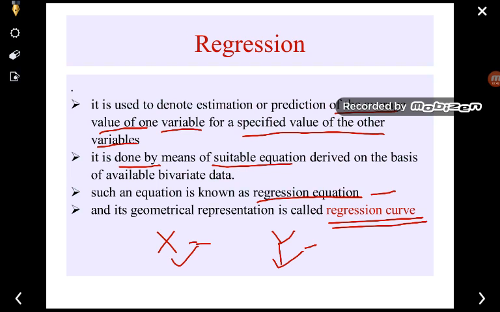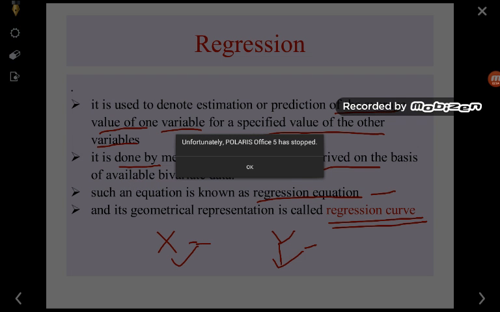We use one equation, and according to that equation we determine, estimate or predict the average value. And this equation, a suitable equation, is derived on the basis of available bivariate